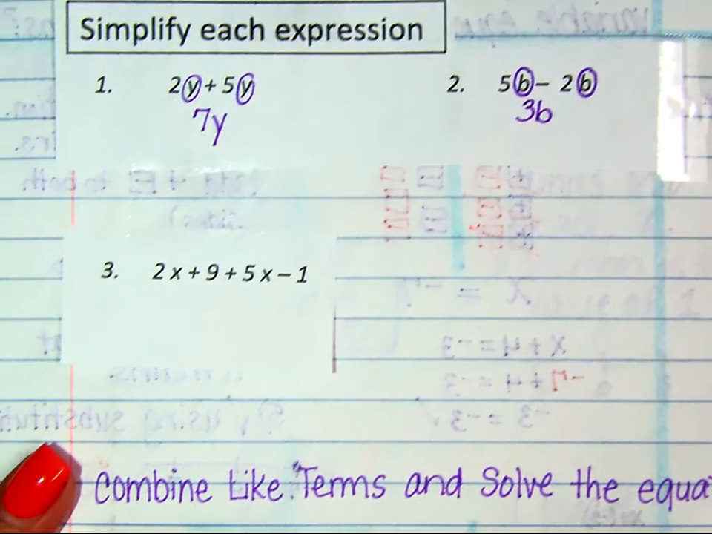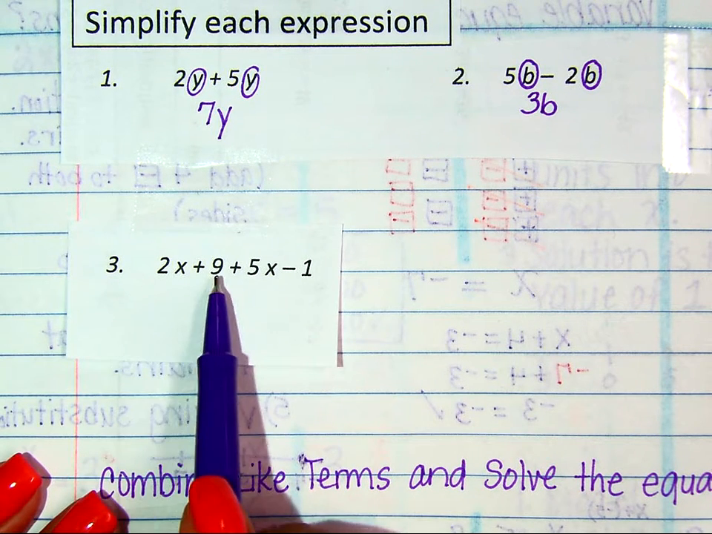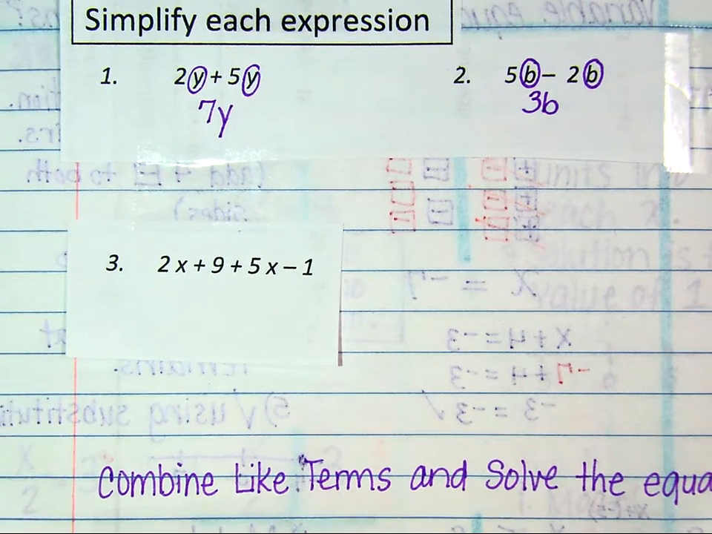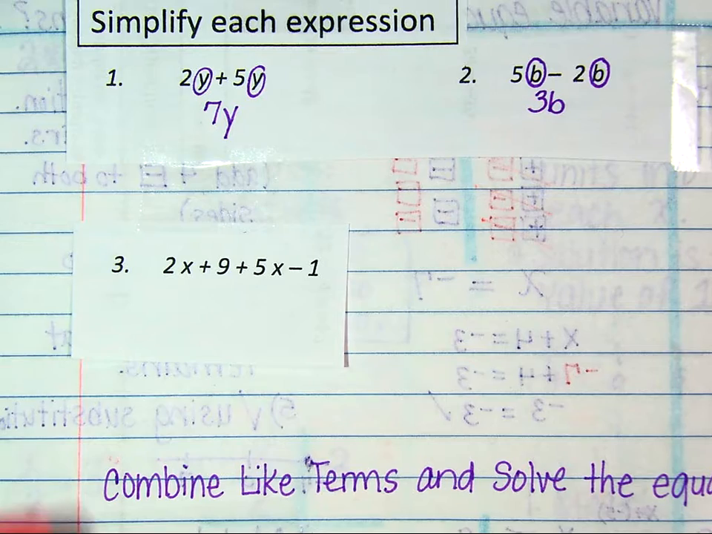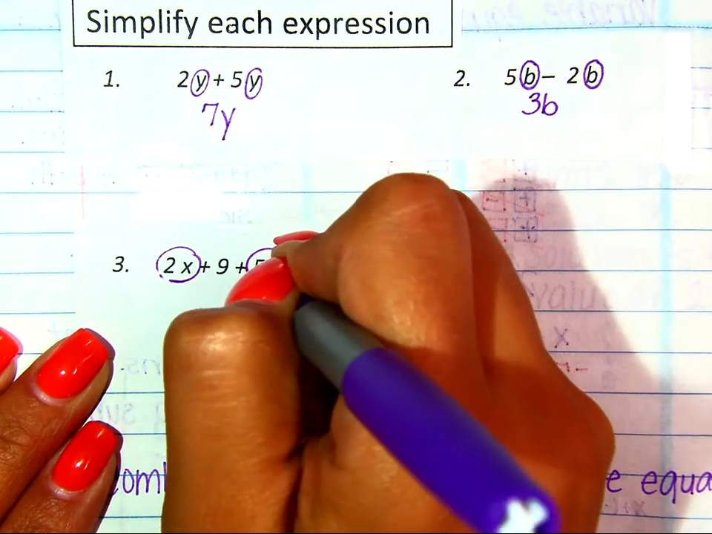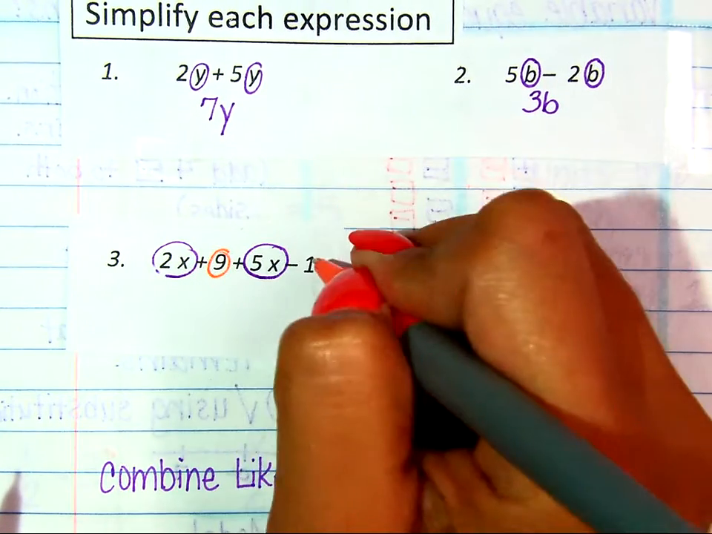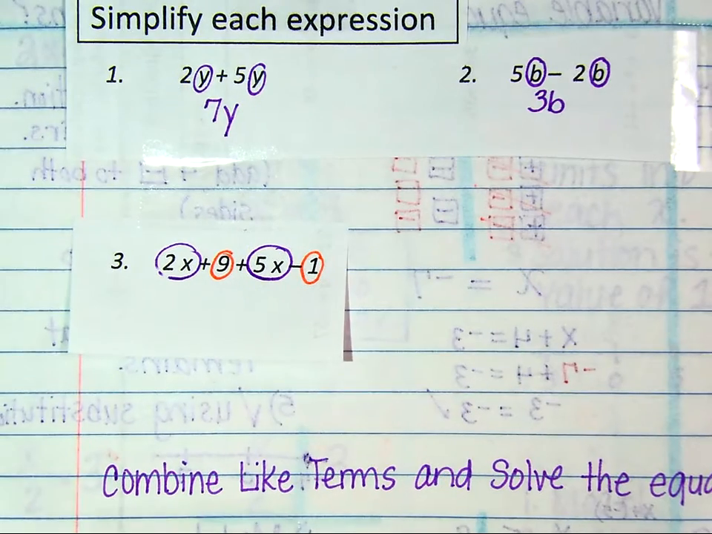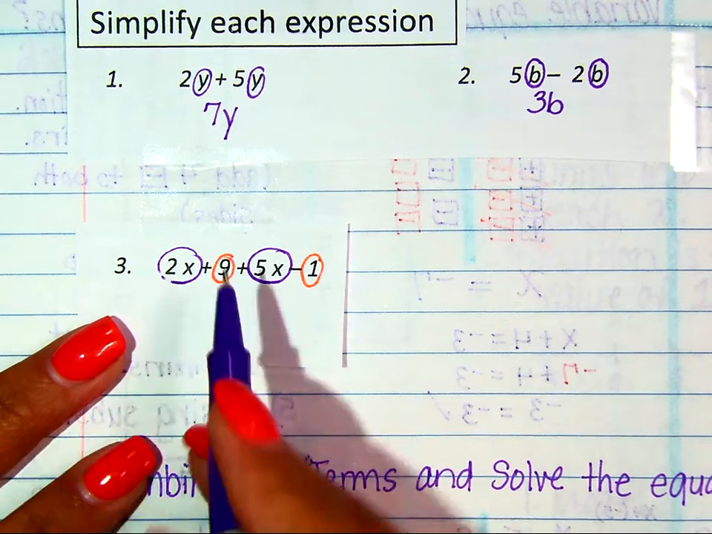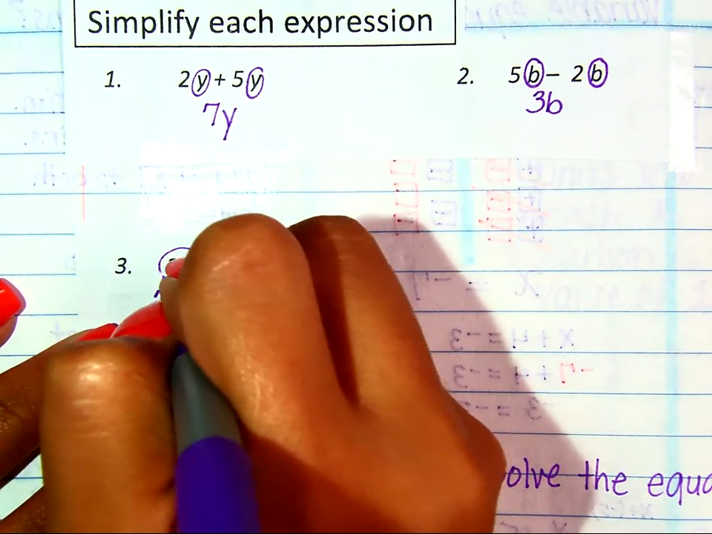Other times you might have a longer expression like this one. We have 2x plus 9 plus 5x minus 1. And what we want to do here is combine the terms that are the same. So I'm going to be combining 2x and 5x, and I'm also going to combine the 9 and the 1. Okay, so before I just combine these, I'm going to go ahead and rewrite them so that the like terms are side by side. We have 2x plus 5x